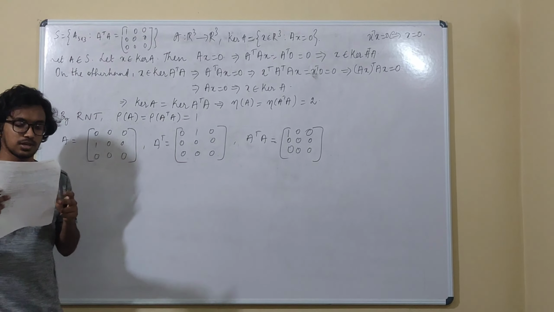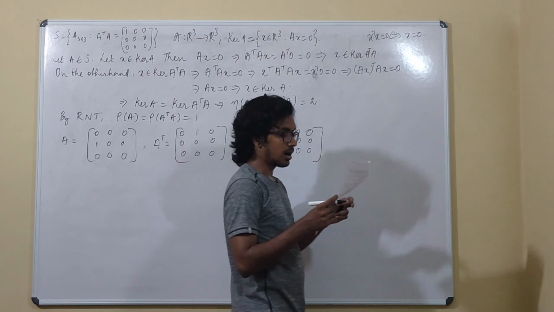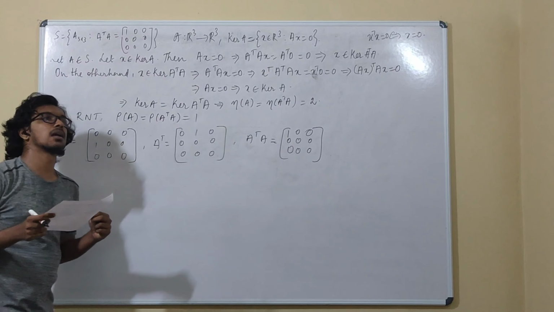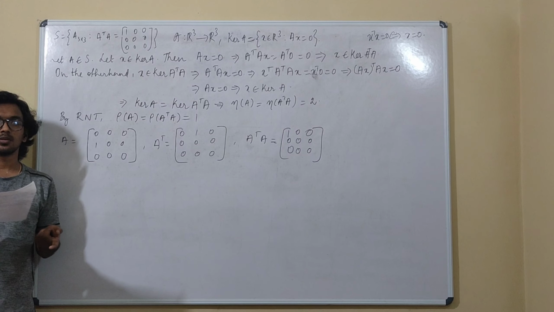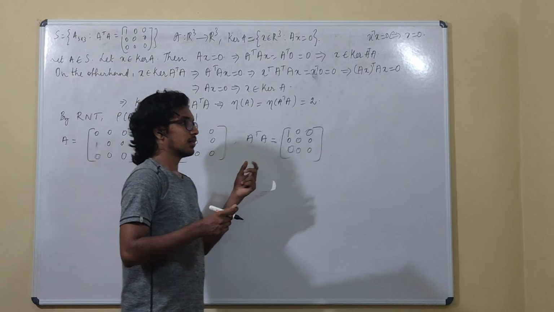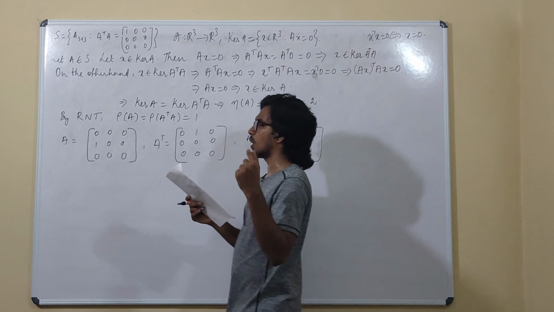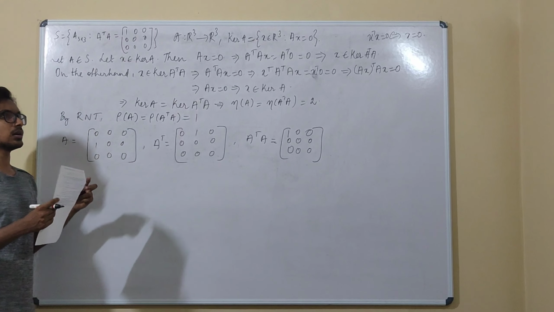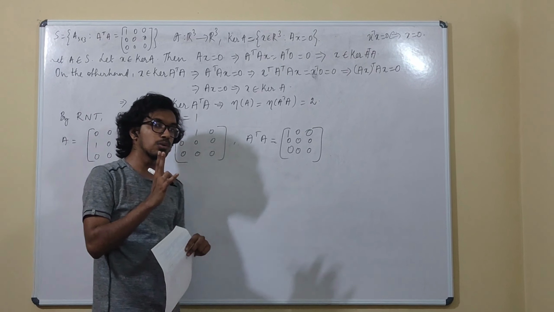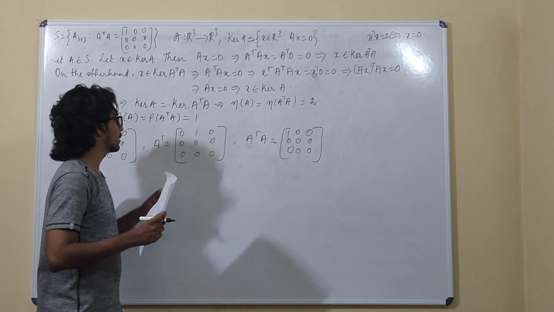Now it is left to check option 4. That claims what? This set contains a non-zero skew-symmetric matrix. We know that a non-zero skew-symmetric matrix will have a complex eigenvalue. If that is so, it will occur in pairs. Then for each eigenvalue we are able to identify one eigenvector, so that will contribute to diagonalization, and we are able to identify two linearly independent eigenvectors, hence the rank has to be at least 2, but here the rank is 1.